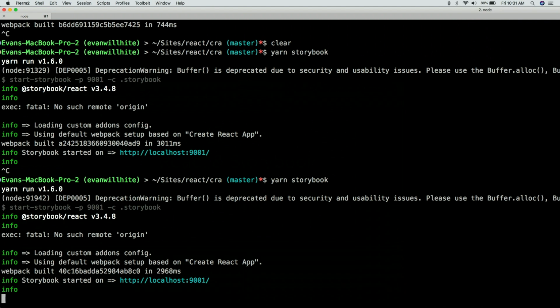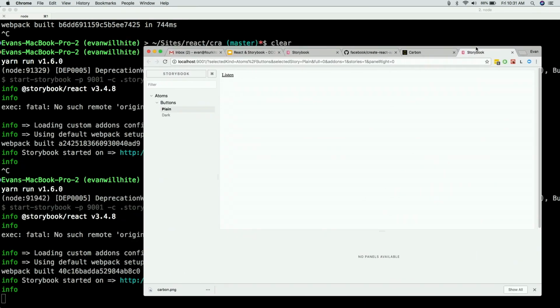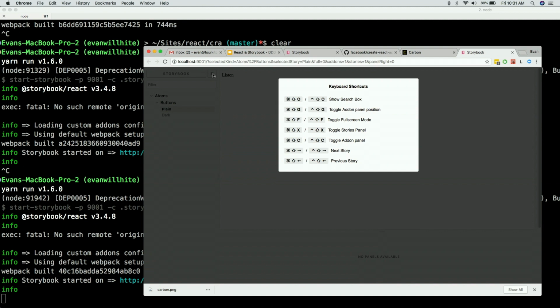So let's go ahead, and this is already running. So this is the Storybook instance that I set up, it's just a Create React App instance. You can tell it's very bare bones. A couple of things I was going to show you real quick in terms of the keyboard shortcuts. And there's a little handy tool to see